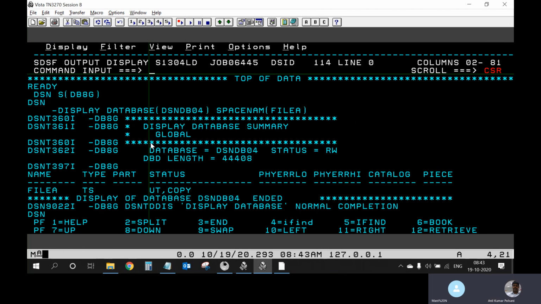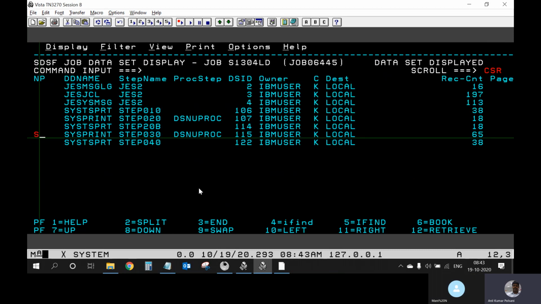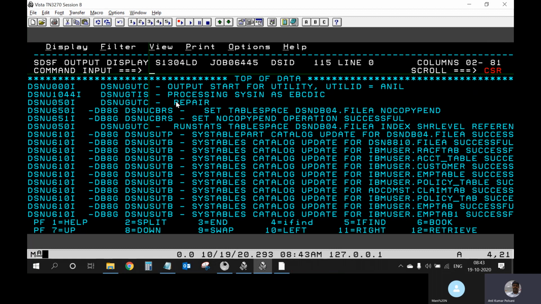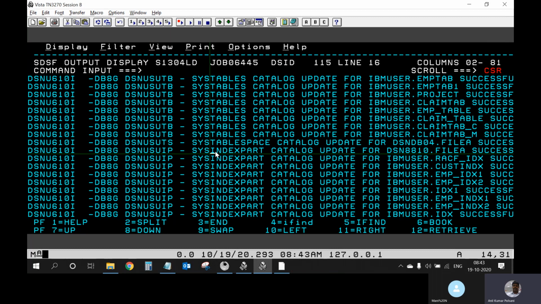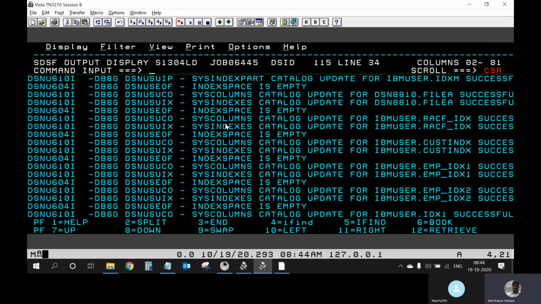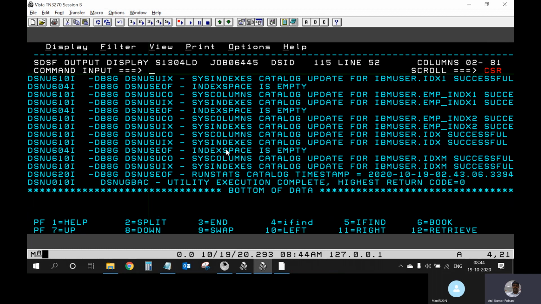After the load, if I check, the status has been moved to copy pending status. And then the third step is to repair, to remove the copy pending status and do the update of the entire table space, where the system will update all the system table catalogs, index catalogs, index space catalogs, column space, everything.